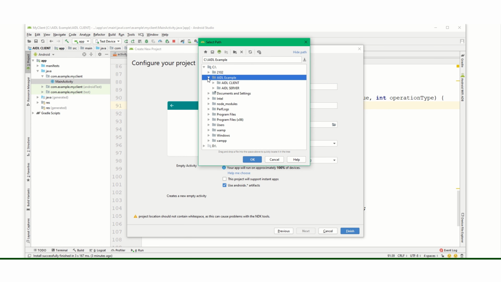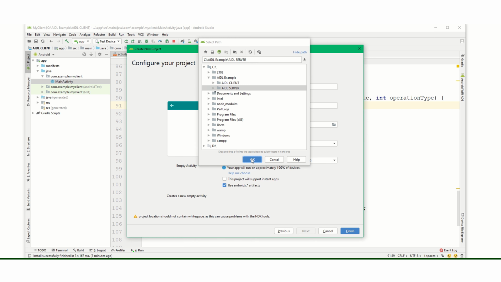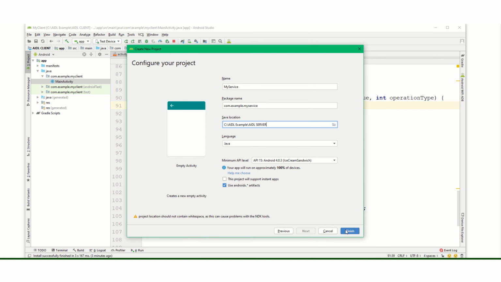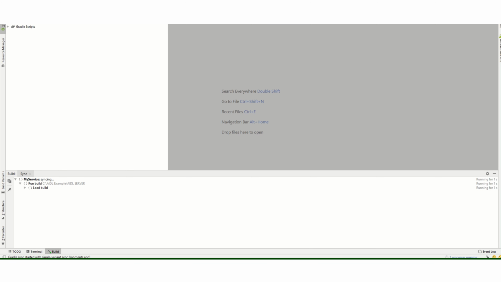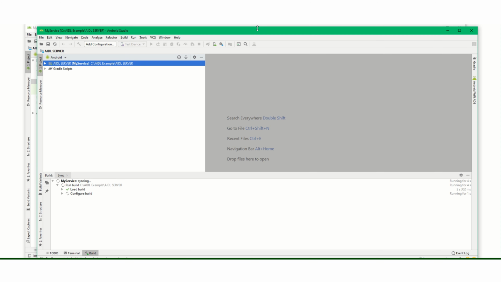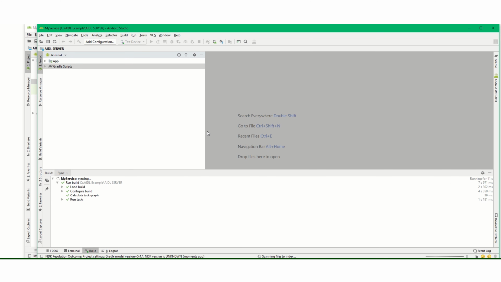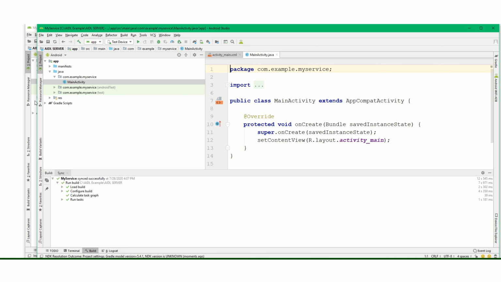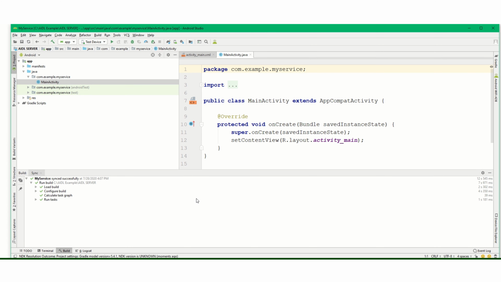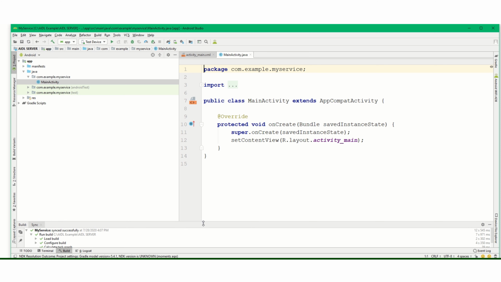In this service application, we are not going to have any UI related thing.